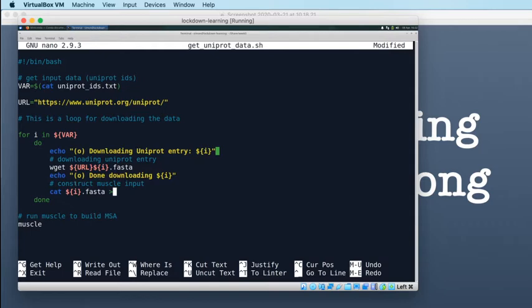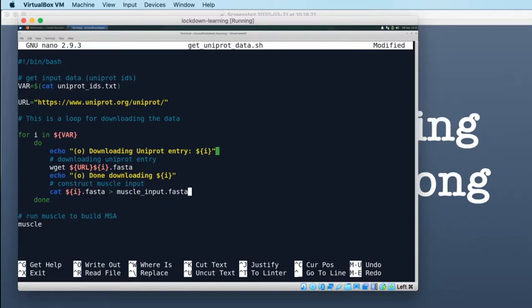So we can create a file here called muscle input.fasta, because it's a fasta file. This is using cat to redirect the contents of a file into a new file. And at this point, all this is doing is making a copy of that file,